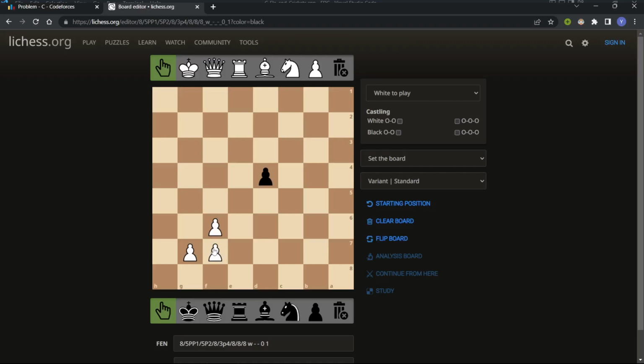Another way is, if it is like this and we want to just move it to some other row, we want to cover some other row other than this. What we can do is we can do this, we can do this. Now this row is also covered. In the previous position this row was covered, so we can see we can move like this and this, and